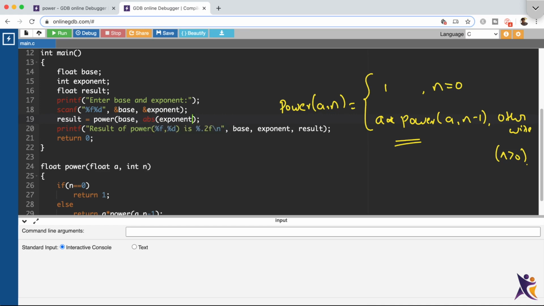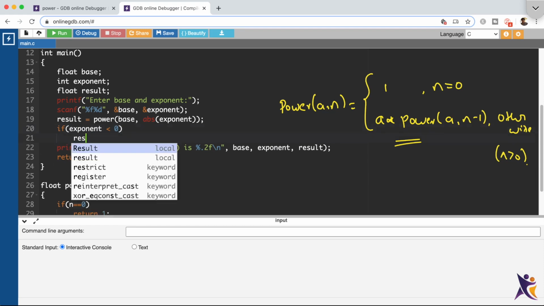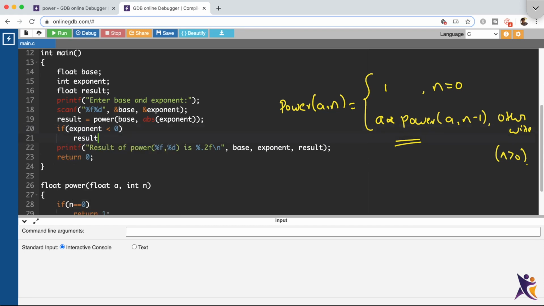We can pass the absolute value of exponent to the power function, and if exponent is less than 0, then we can just reciprocate the value of result, right? So if we have this condition, then this program can handle negative exponents also, right?